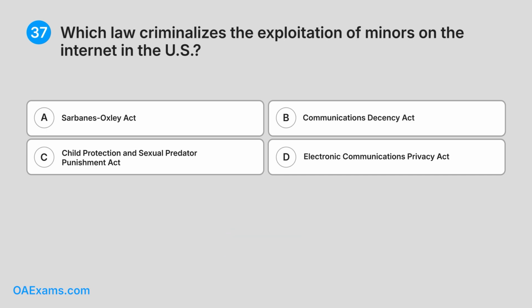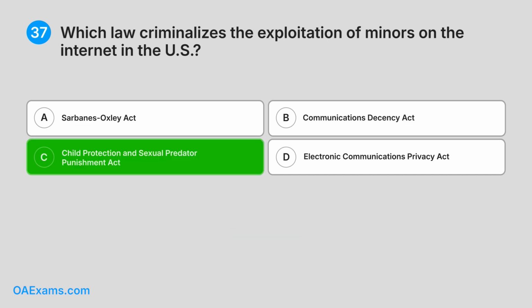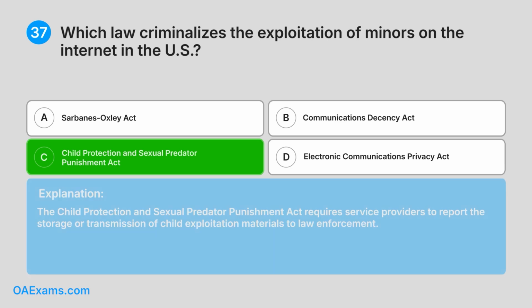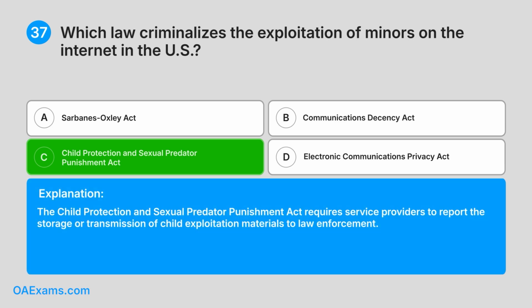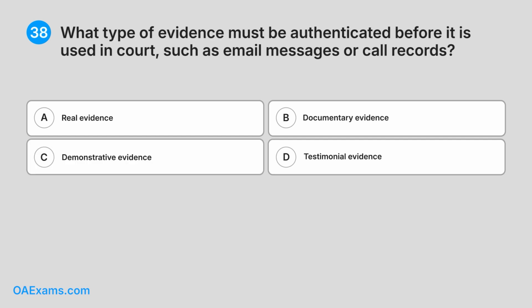Correct answer: C. Child Protection and Sexual Predator Punishment Act. Explanation: The Child Protection and Sexual Predator Punishment Act requires service providers to report the storage or transmission of child exploitation materials to law enforcement. 38. What type of evidence must be authenticated before it is used in court, such as email messages or call